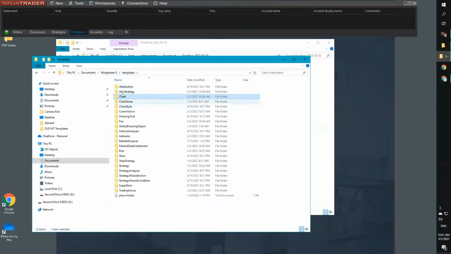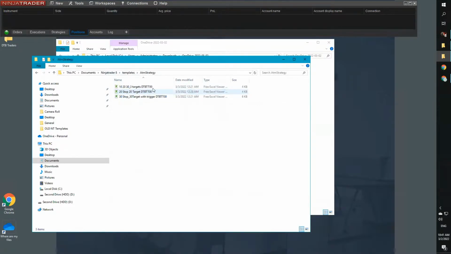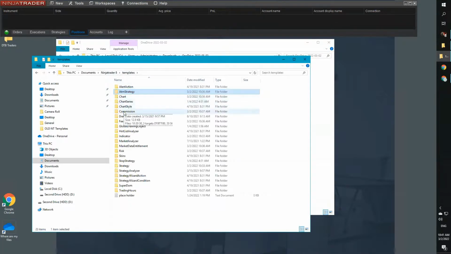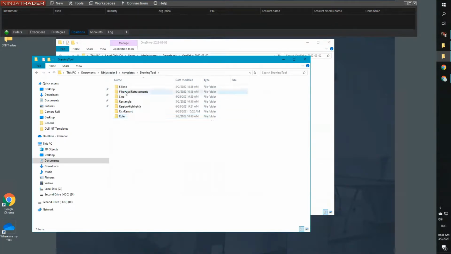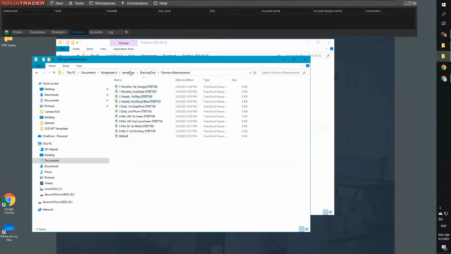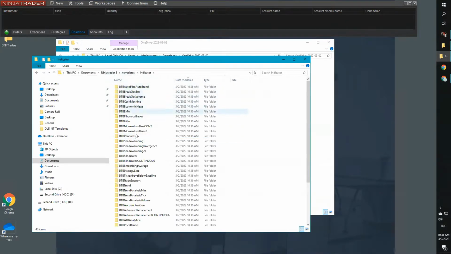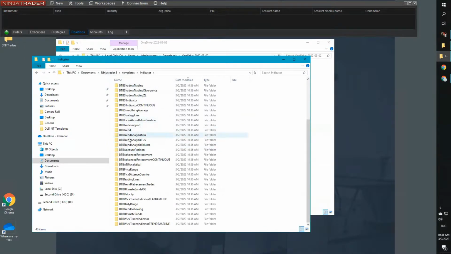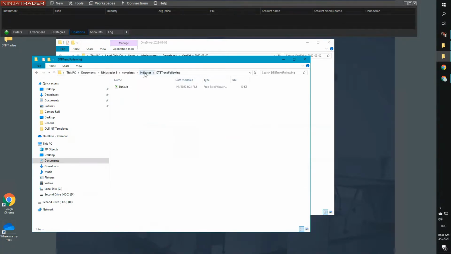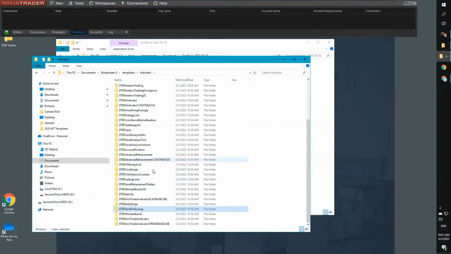I've got some ATM templates in there that I've created for you. I've got the drawing tool for the Fibonacci retracements in there. All the indicators have got their different templates in there. So if I go into any of these, really, let me just go into trend following. That one's got just default. That's all you need for the default. We have got